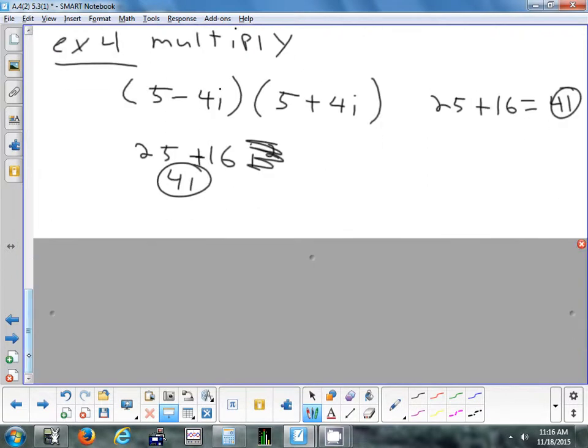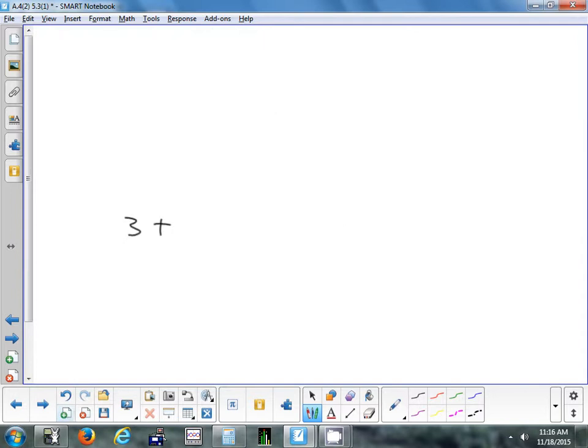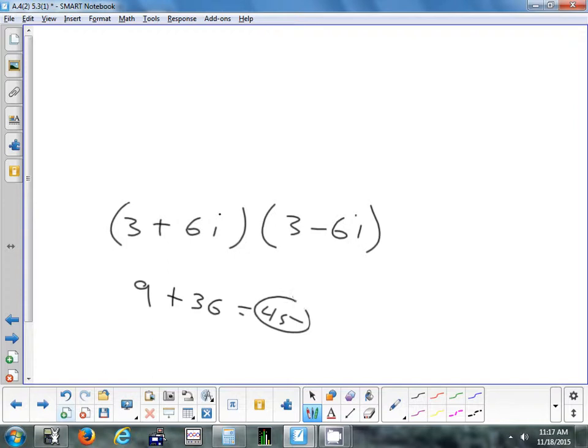All right, so let's say I had something like 3 plus 6i, 3 minus 6i. 45. I didn't do it yet. Yes, you're right. 45. Does everyone see how he got 45? Okay. 3 squared is 9. 6 squared, 36. Add them up. If you don't like the shortcut, do it out the long way every time. And the i's are always going to cancel. But that's 45. Okay, so when we do division, I'm going to use that trick because it'll speed up part